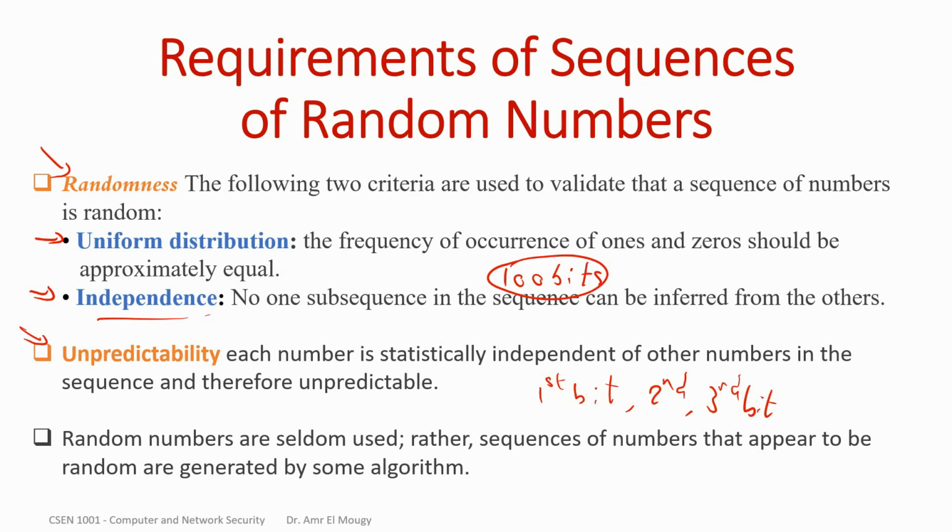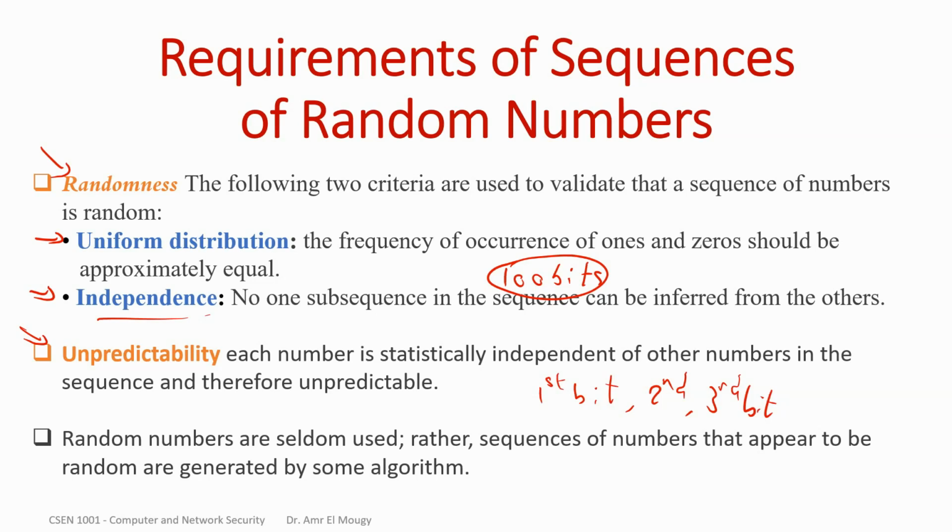So it's as if you're actually flipping a coin. Every time you generate bits, you flip a coin. If it's heads, it's 1. If it's tails, it's 0. And because flipping of a coin has an equal chance to be heads or tails, then you have an equal chance to produce a 1 or a 0. It's an unpredictable sequence. You cannot predict the outcome of a coin flip. Okay, so sequences of random numbers need to